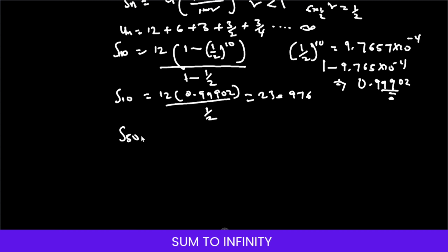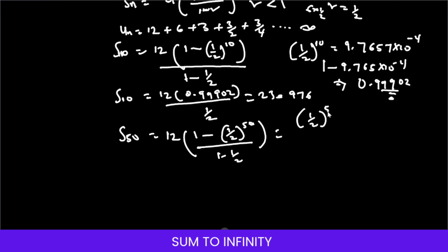Now let's also assume that we are going to find the sum to the 50th term, and see what will happen. So we are going to get 12 bracket 1 minus 1 on 2, the common ratio, all exponent 50, divided by 1 minus half. Let's evaluate half to the power 50. That will give us a corresponding value of 8.88 times 10 raised to the power minus 16, which is approximately